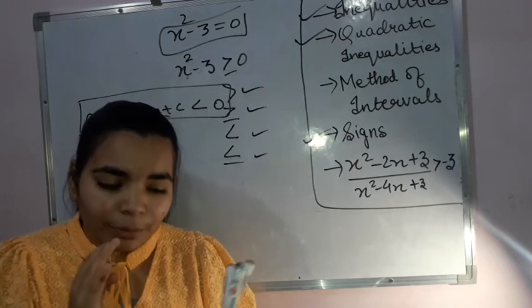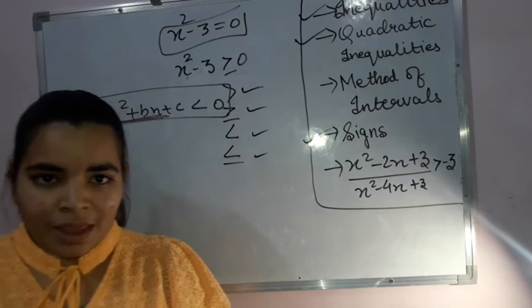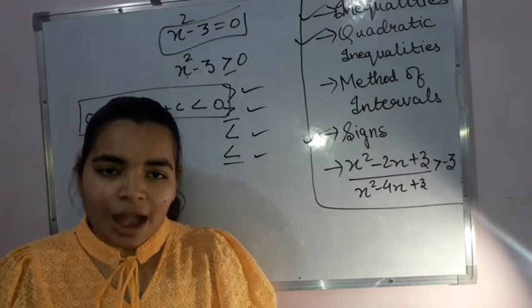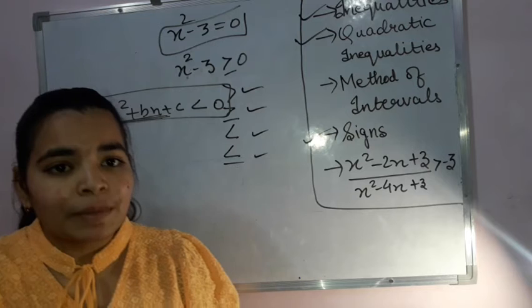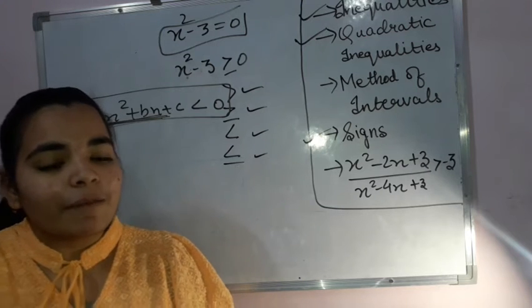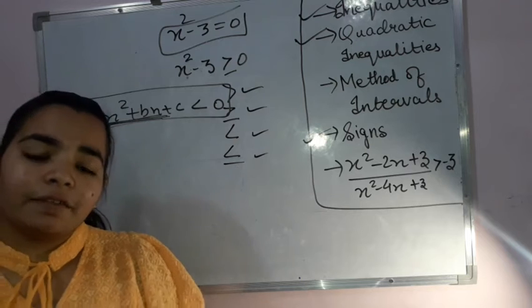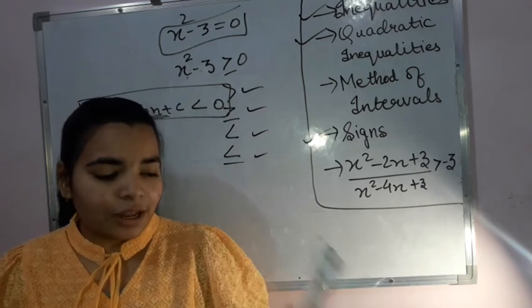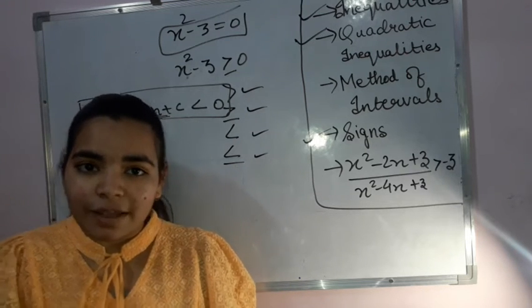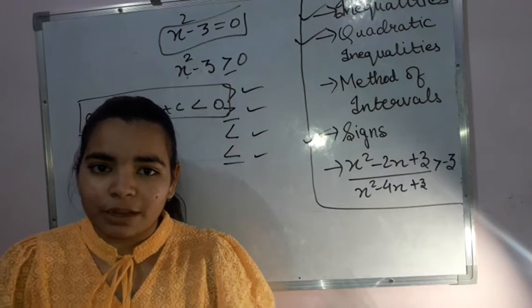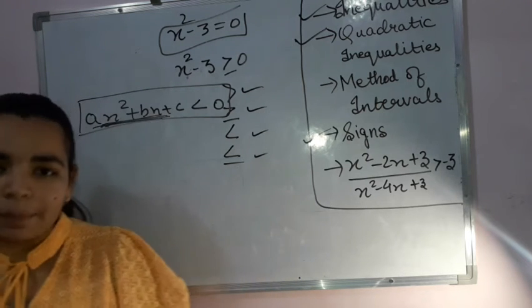If I say from 1 to 2, then in between 1 and 2, I can have 1.5 also, 1.015 also, 1.00011 also. So many numbers are there. Infinite numbers are lying between 1 and 2. Actually, infinite real numbers are going to lie between 1 and 2. So how to represent it?